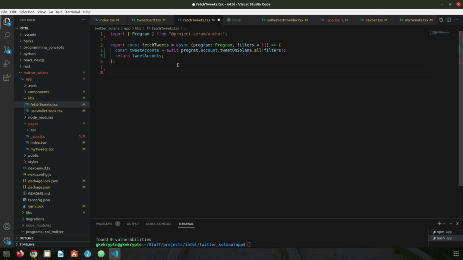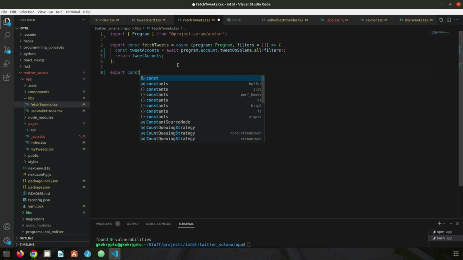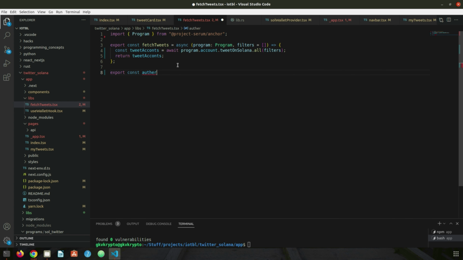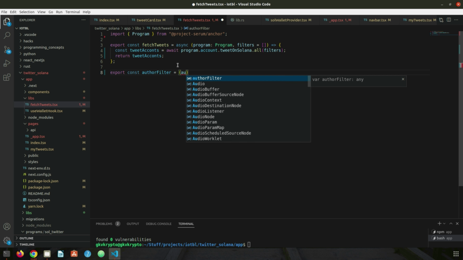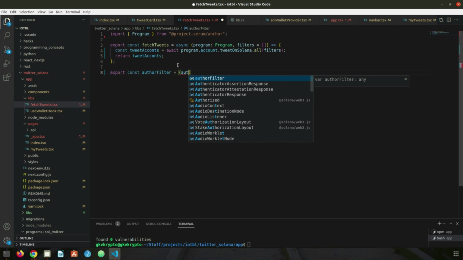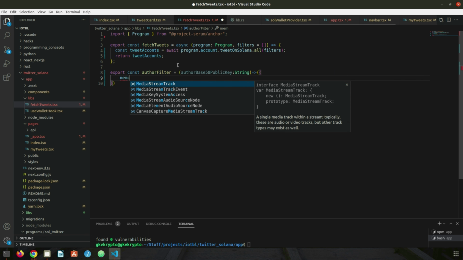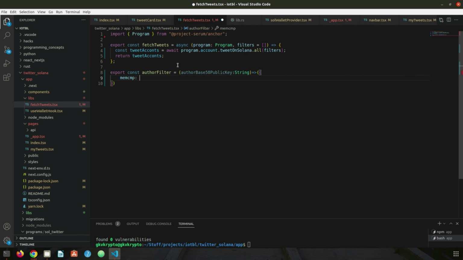Now, since we're talking about filters, let's create one filter that we're gonna use. I'm gonna say export const author filter, which means that if someone sends me a public key, so AUTHOR then CMP, within this I want